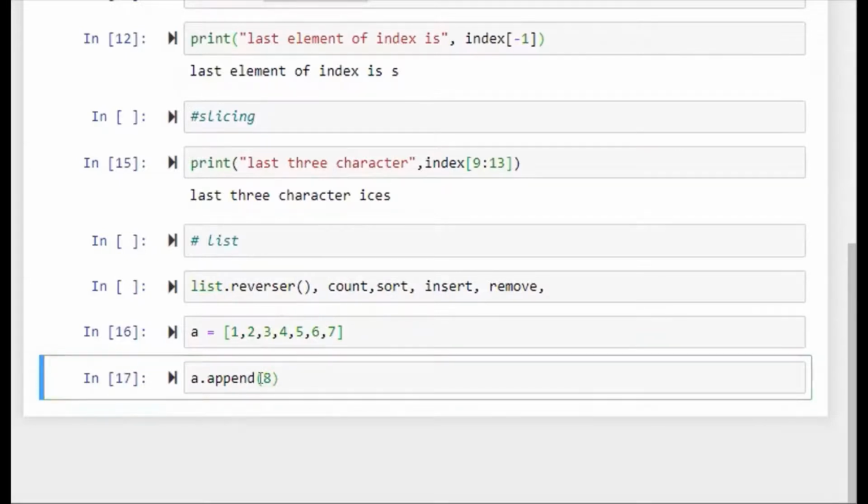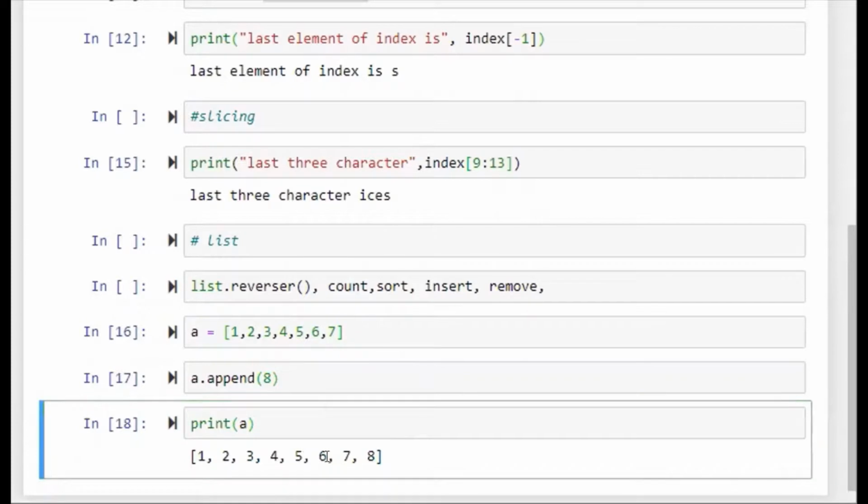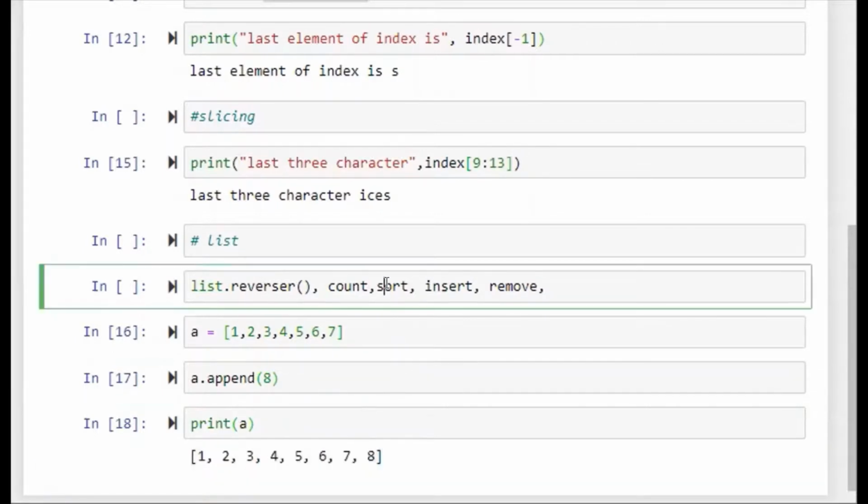This command adds 8 to the list A. To confirm this, we check by printing A. It shows 8 elements, from 1 to 8. Similarly, reverse, insert, append, sort, and other commands can be used with the list data structure.